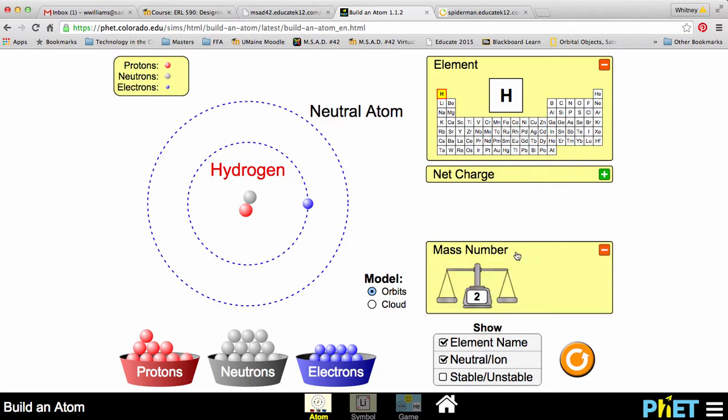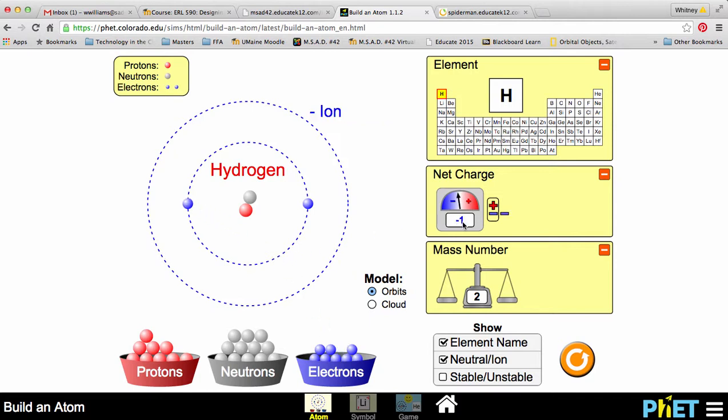So in this case, it has a mass number of 2. It's a neutral atom. It doesn't have a charge. But if they were to add electrons, you can see that the charge has changed to a negative charge, but the mass number has stayed relatively the same. So students can go through and actually play and interact with atoms, which is really, for students, a very abstract concept. But they can play with it, and they can see just how what they're doing is changing the identity